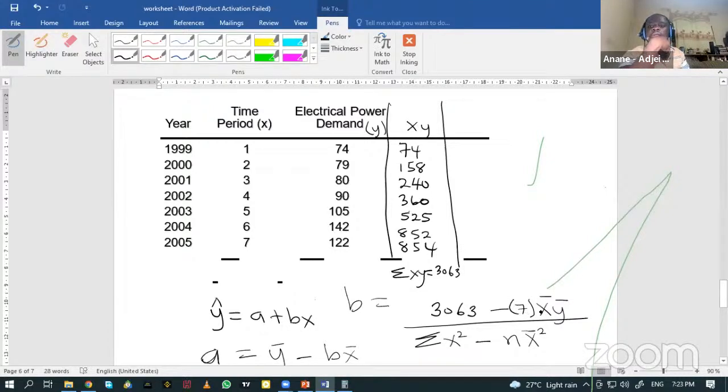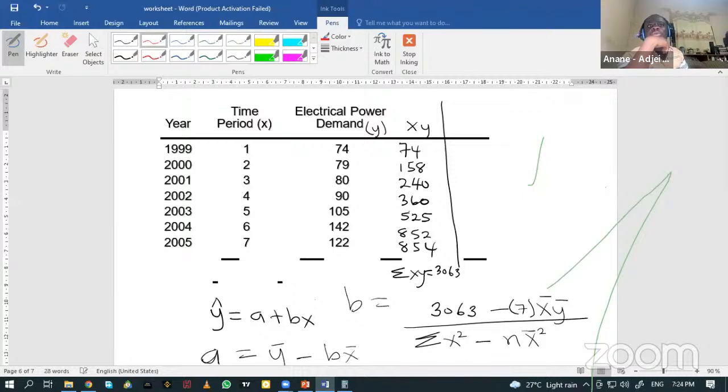Then x bar, we are saying that x bar is equal to the mean of x. So what we do is that we have to add all the figures of x together, and divide it by the number of periods. So to find the mean of x,